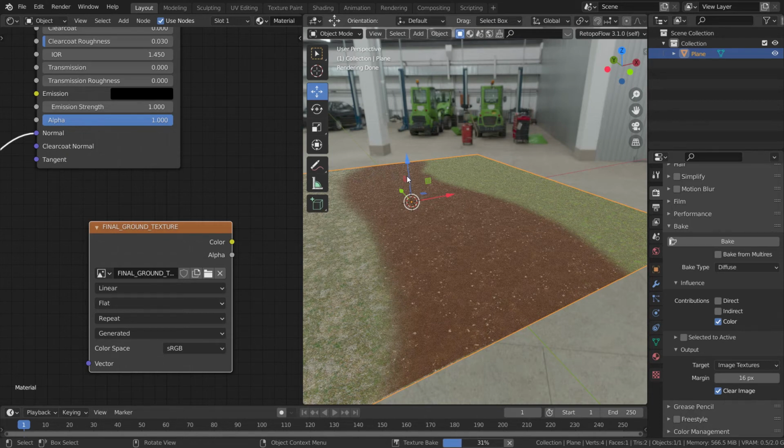Imagine if there is a shadow cast over this plane right now by some pillar or some object. That shadow will also be counted as a color texture, and then it will be baked inside our color, and we don't want that. So that's why I just unselected direct and indirect light. Okay, so now baking is about to get completed. It's at 99% and it is done. So let us take a look at how our bake is looking.